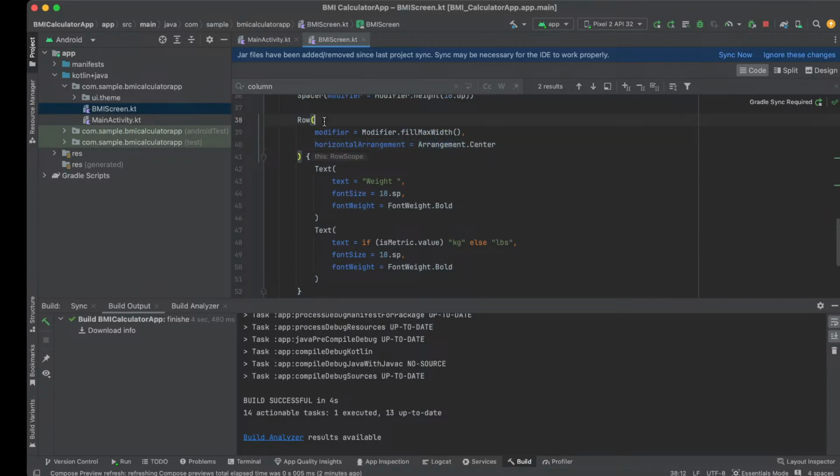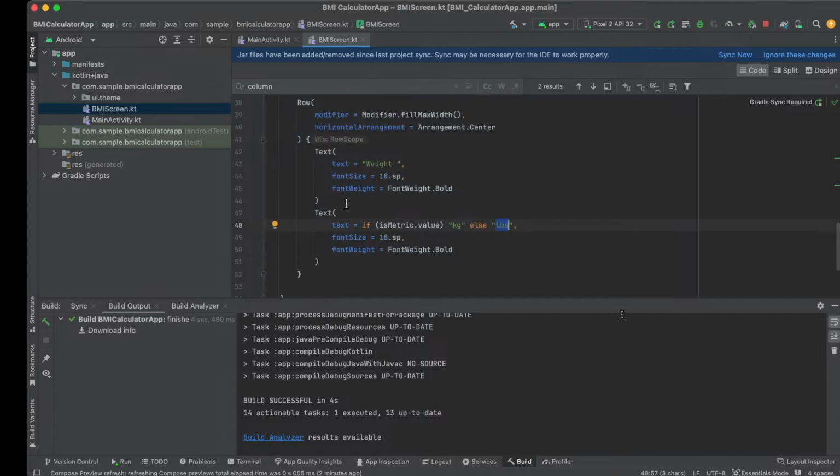The row will fill the width and arrangement center. Then inside here, it's going to say weight, and then a space, and then it's either going to say kg or lbs,